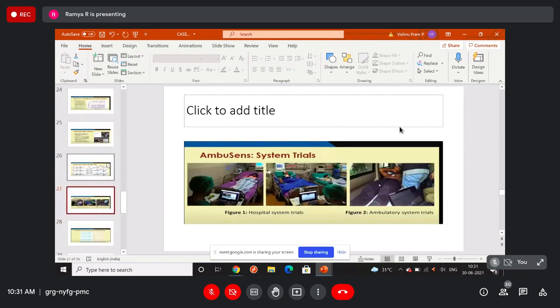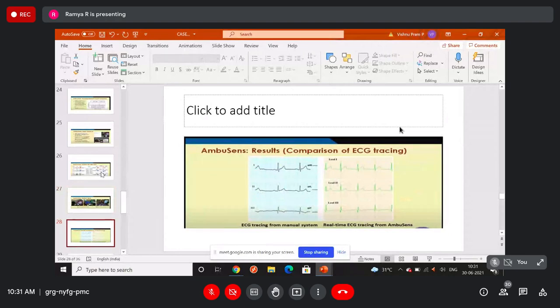So here, if you see, these are some of the trials of this particular case study. The hospital system trials: these are some of the trials, showing how it actually works. When they did some trials, these are the outputs they got. This is just the case study we are talking about on healthcare monitoring and agriculture. So some of the case studies we are seeing: what projects are developed and how they were developed, those things we are going to study here.